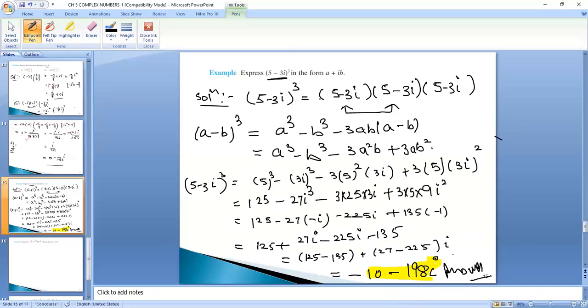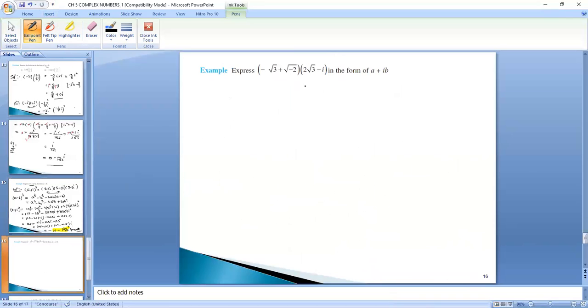Fine. So we have done nothing, we have done simple calculations. Only you have to take care of the calculations, how to solve the powers of iota. Then next,